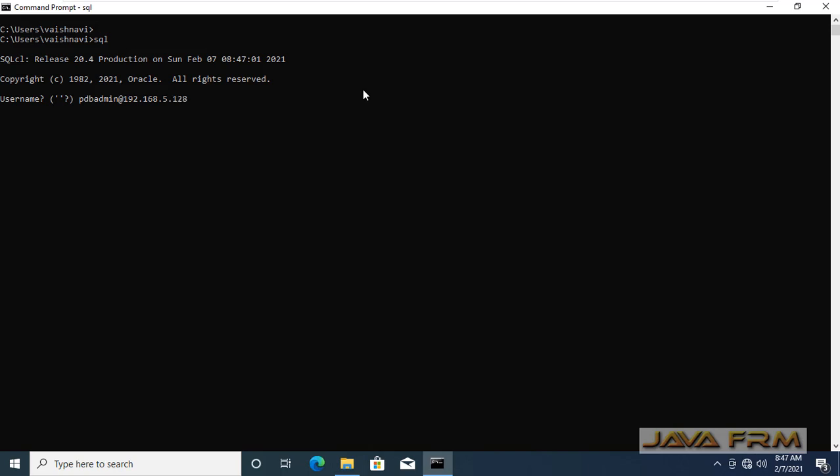Provide the username and password also. Make sure that the syntax is correct. This is the syntax, and here the instance name will be xepdb1. Yes, I am able to connect. So Oracle SQL command line 20.4 installation on Windows 10 is successful.